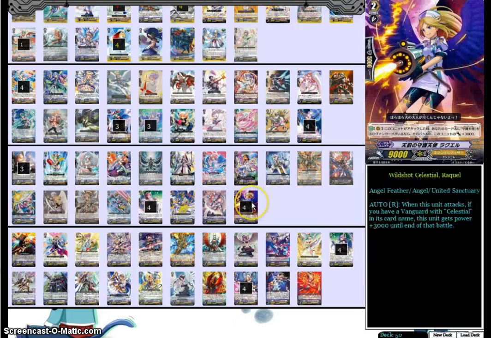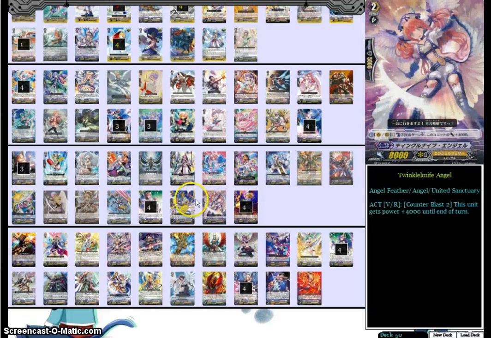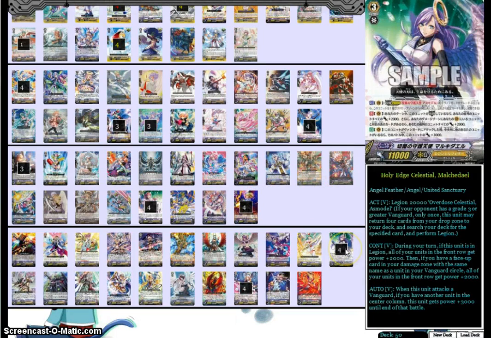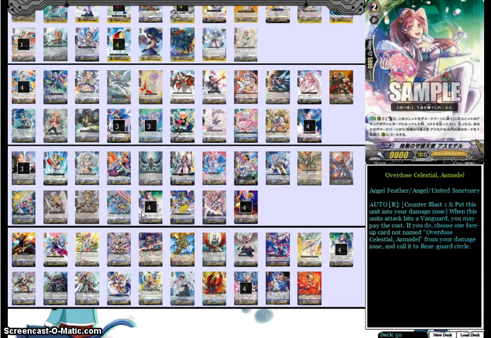Then on to the grade 2s for Rigel, because if the Legion skill is fully activated, she's a 16k attacker by herself, which is pretty nice in a meta where 11k Vanguards are still the most prominent, at least on your turn. Asmodel, 4 of her because she's really useful. Counterblast 1, put her into the damage zone. When her attack hits a Vanguard, they pay the cost. You do choose a face-up card in the damage zone that's not her, and then you can call it to the rearguard circle. So if her attack hits, pay the cost, you get her face up in the damage zone, which means that, hey, you can use this card's ability in full now,